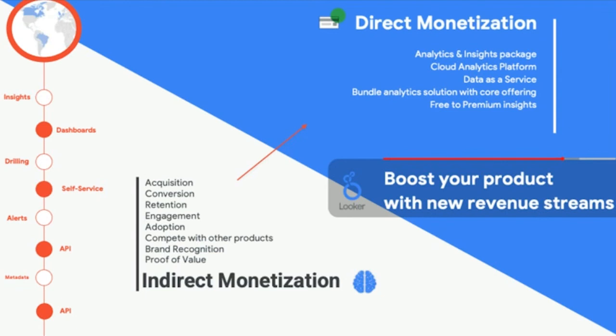And we always think of monetization as, oh, I'm going to charge my customer. I'd say, no, you don't want to charge your customer first. I think the best thing you can do with your customer is first prove that your product is working, provide them some insights, provide them some services that they're going to enjoy. So then you're going to be able to retain them on your web application. They're also going to be able to adopt your product, like by consuming more analytics. You're going to be able also to help them convert to maybe other services and products coming from your company. So I think the most important thing about monetization is really focusing on this indirect monetization.